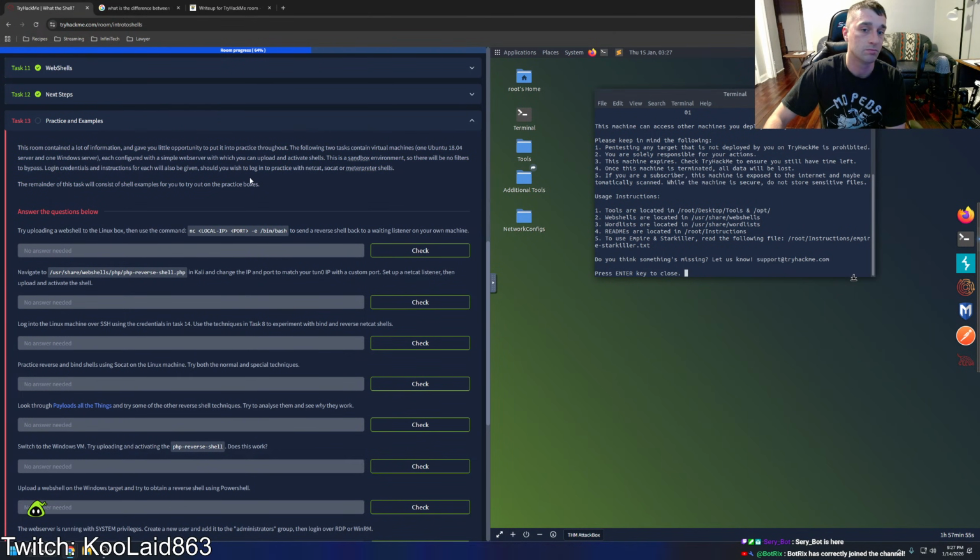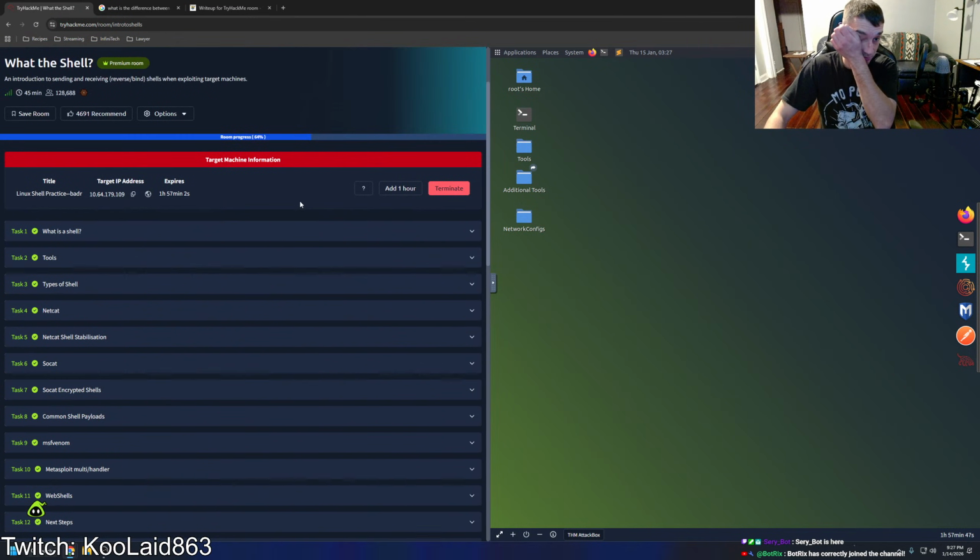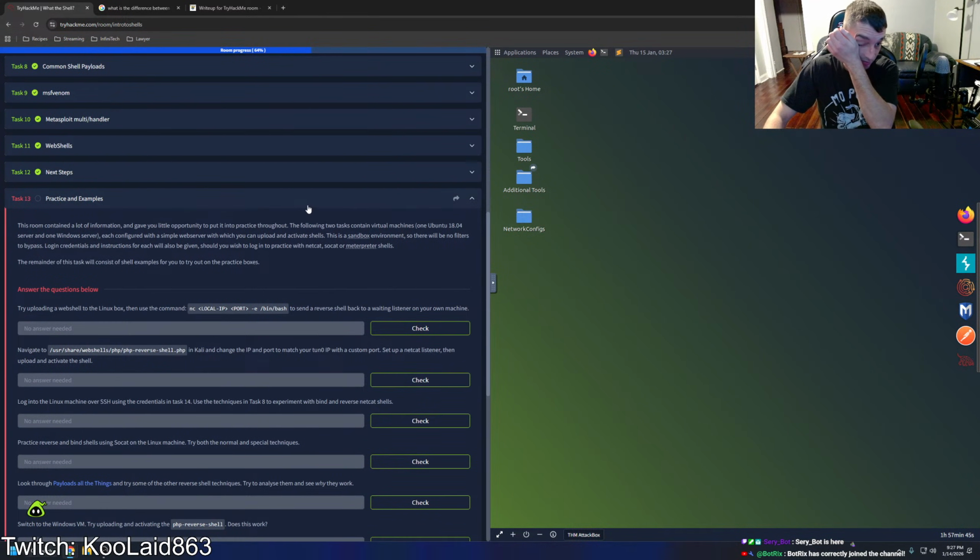This room contained a lot of information, and gave you little opportunity to put it into practice throughout. The following two tasks contain virtual machines, one Ubuntu 18.04 server and one Windows server, each configured with a simple web server with which you can upload and activate shells. This is a sandbox environment, so there will be no filters to bypass. Login credentials and instructions for